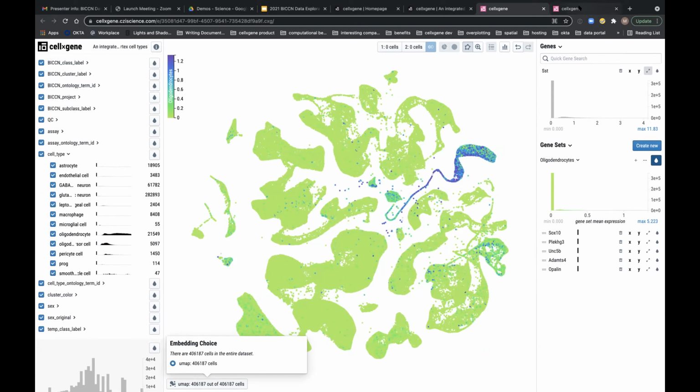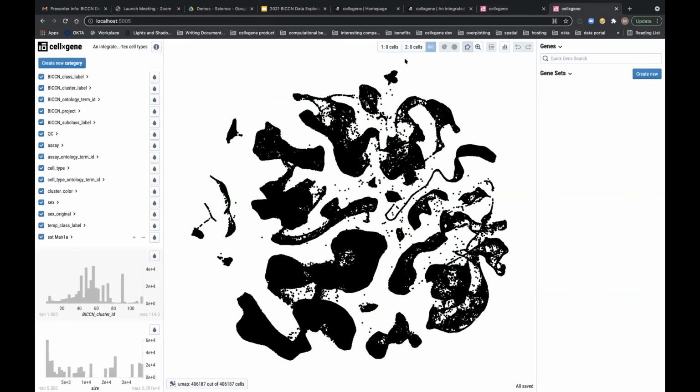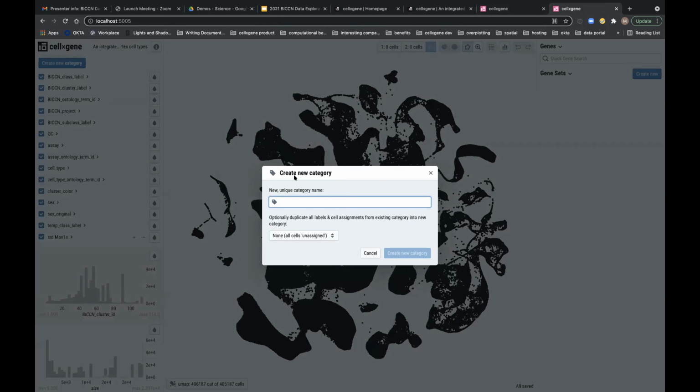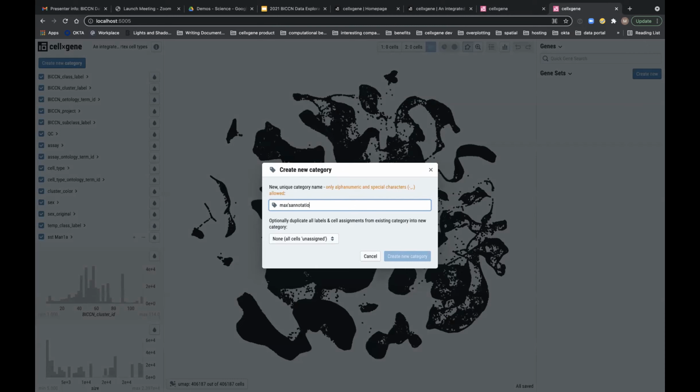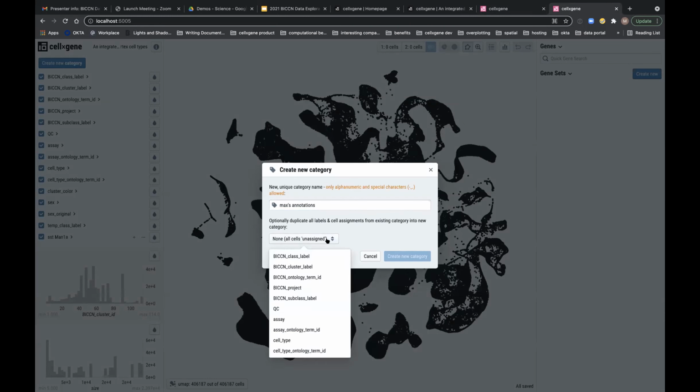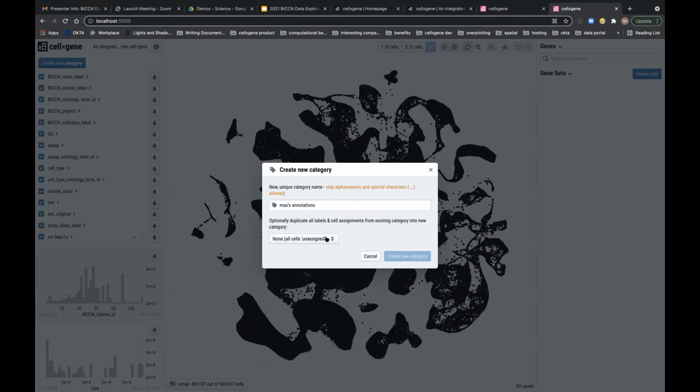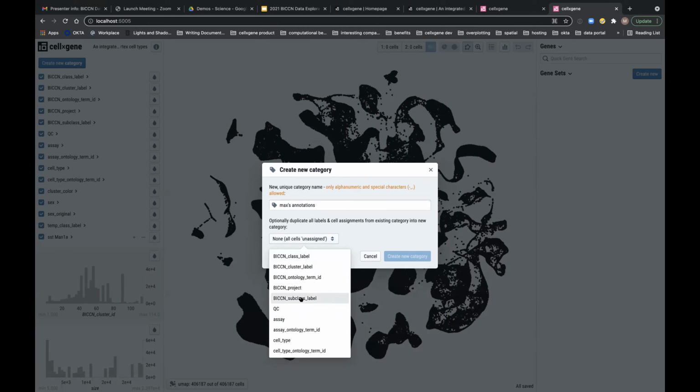I'll switch briefly to an instance of the desktop application just to highlight the fact that we do have this extra button. And so here we would create a new category. We'll say Max's annotations. And so we could assign cells from the different metadata categories there.